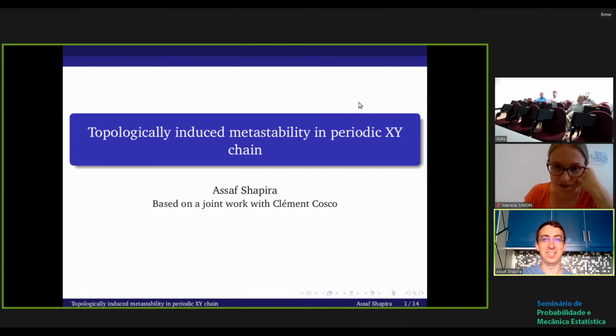So I'll talk about topologically induced metastability in a one-dimensional XY model. Maybe a few words before I start about the XY model and what topological effects are in statistical physics. I don't know how much you know the XY model and the topological phases, but since the works